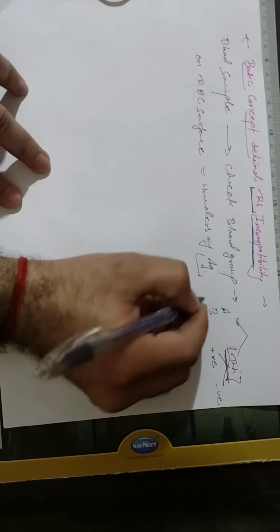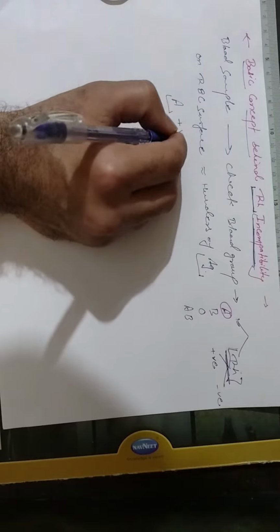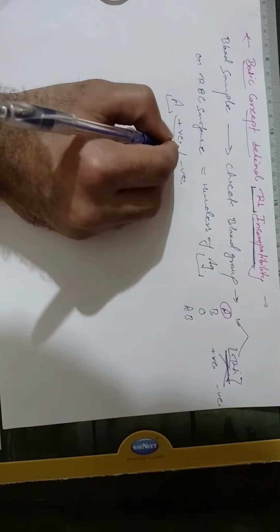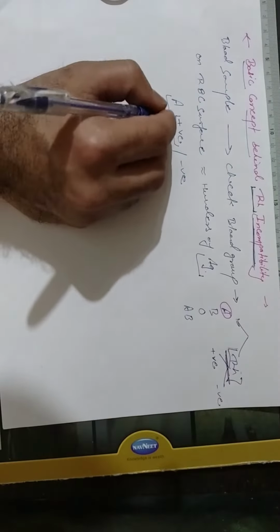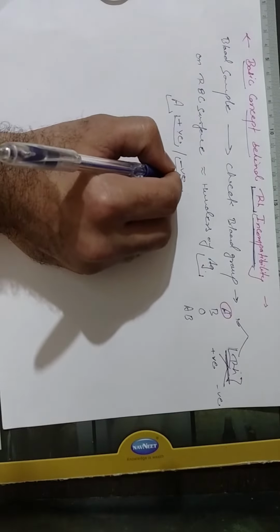Now see, let's say the blood group in the sample which we checked was A. That means this A blood group person can have positive, he can have negative. Only two possibilities are there. That means if he has Rh antigen, his blood group will be labeled as A positive. If he does not have it, his blood group will be labeled as Rh negative. So now see,